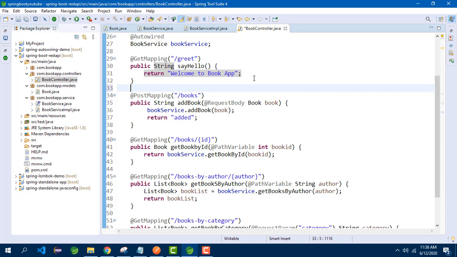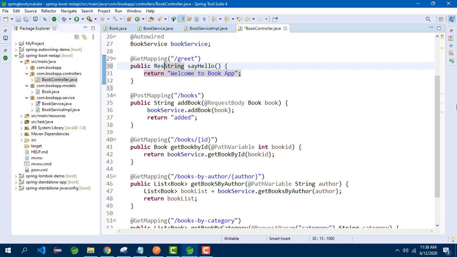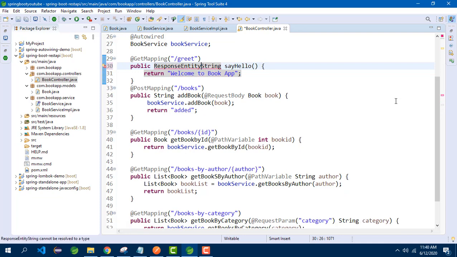Now let us modify these REST APIs so that they are having the return type as response entity, wherein the response will have headers, body content and status code. I will start with the first method. So I need to have ResponseEntity. This is of generic type. So based on the data type that you want to return to the client, you can add it within angle brackets. In my first case, I want the response body to have the data type as String. So here within angle brackets, I can pass the type as String.